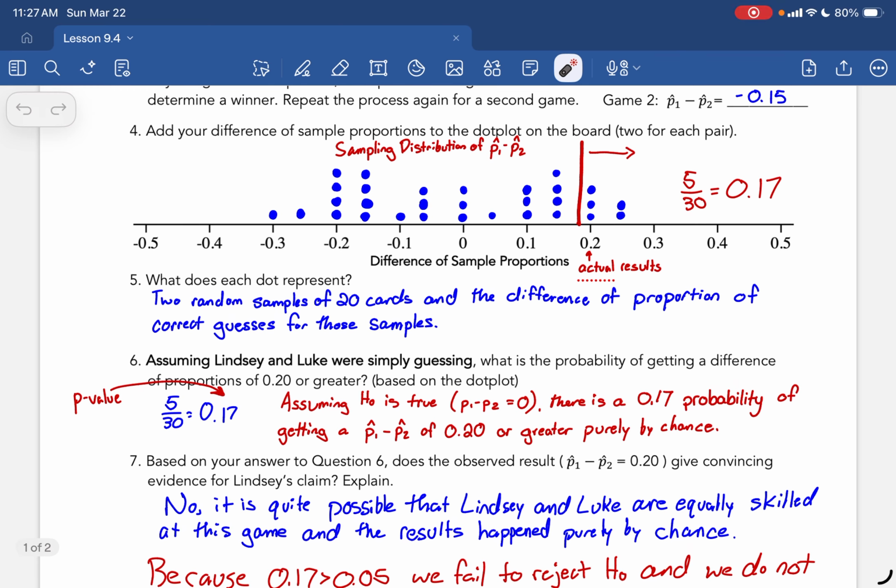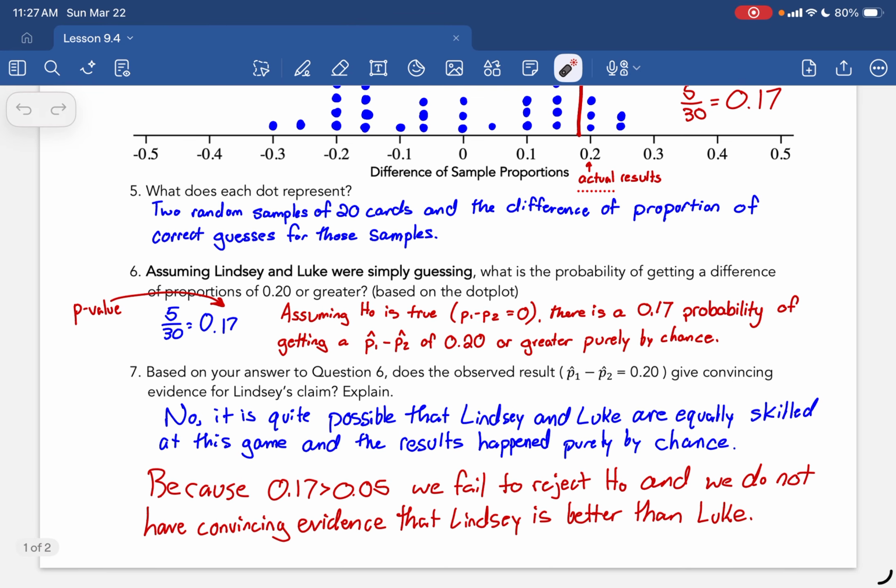That we see from our dot plot when we did our samples here that there's a 0.17 probability of getting P1 hat minus P2 hat of 0.2 or greater purely by chance. Now, based on that answer, we can see, like, in the blue in our non-statsy language that it's quite possible Lindsay and Luke are equally skilled at this game, and the results are happening purely by chance. But we already know from significance testing, we have an actual conclusion we can write there, that because 0.17 is greater than 0.05, we fail to reject our null, and we do not have convincing evidence that Lindsay is better